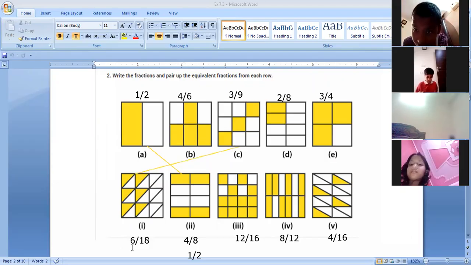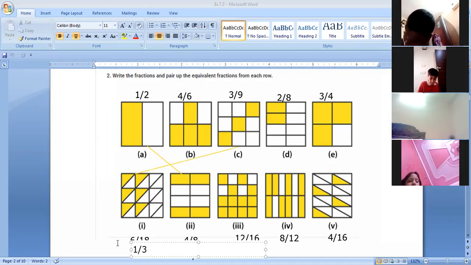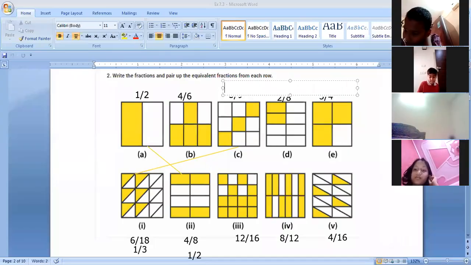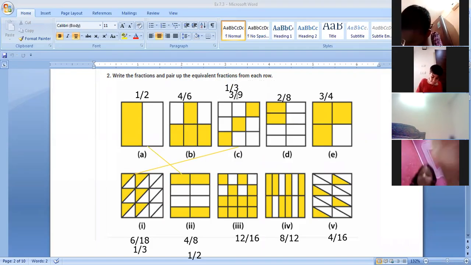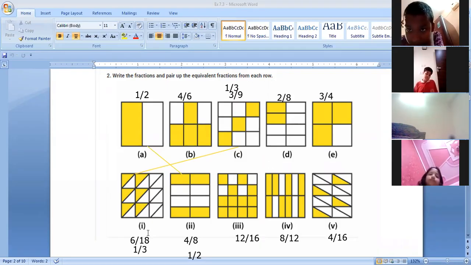Yes, C part is matching with the first one. So 6 by 18, when you cut with the same table, you are getting 1 by 3 only. And this number also, 3 threes are 9, you'll cut this number, you're getting 1 by 3 here. Clear? We are cutting with the same table. 3 ones are 3, 3 threes are 9. Here also we are cutting with the same table. 6 ones are 6, 6 threes are 18. So C is matched with the first one.